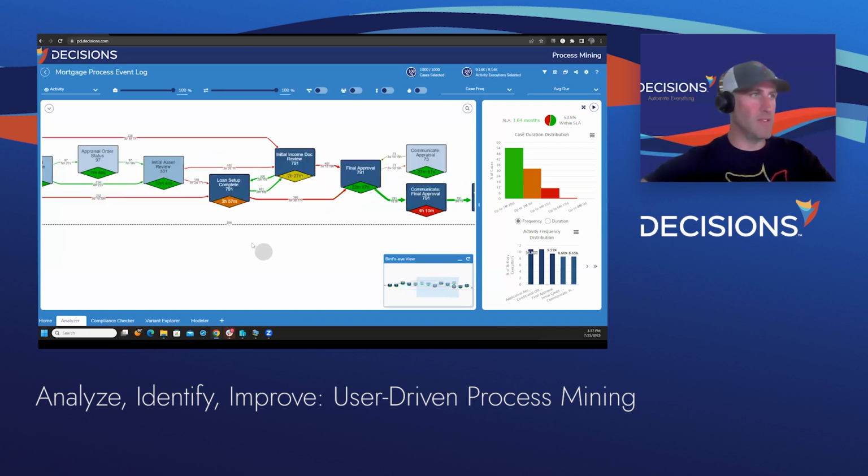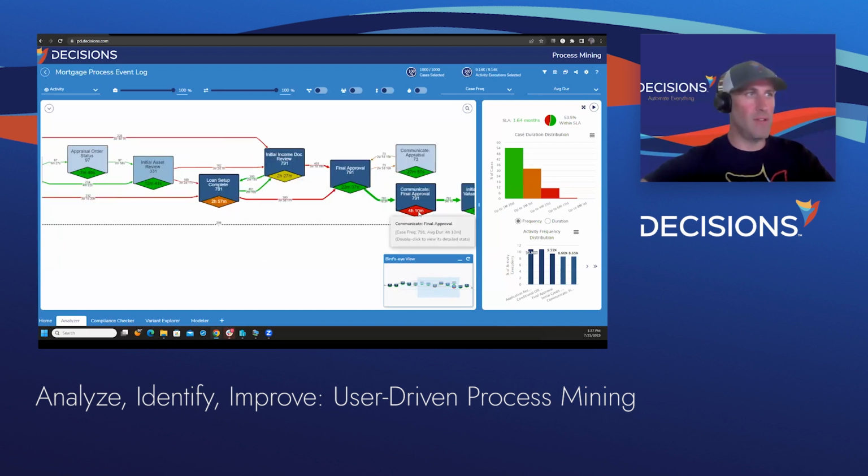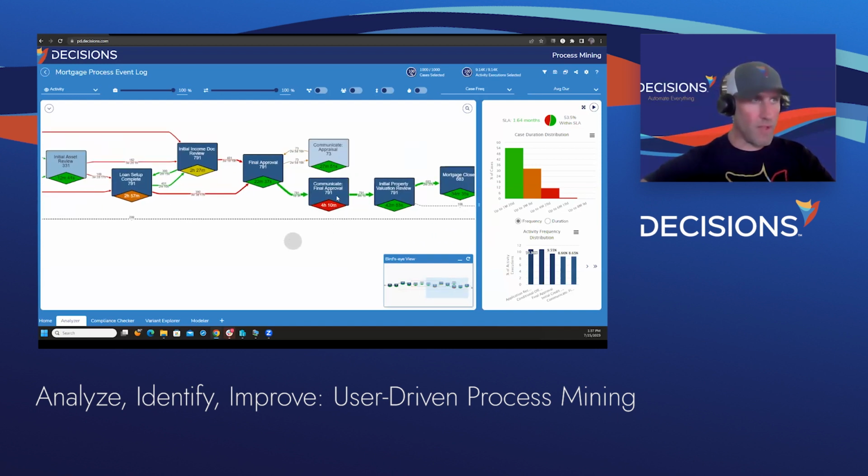But again, here's this orange, yellow, red. Those are the areas I would want to focus on. These are bottlenecks. Again, the tool has derived that these activities are taking longer than all the other activities. Thus, it's in a traffic light format. The red one, obviously, of course, is our problem child here. I would want to drill into that a little bit more, and I can.